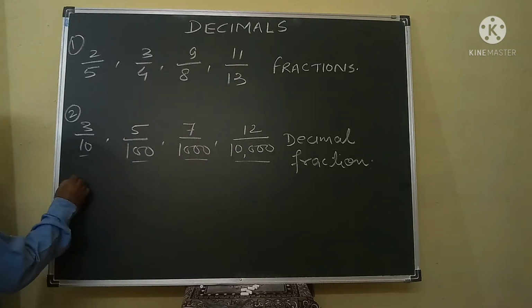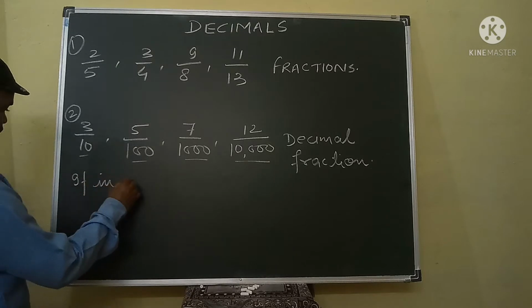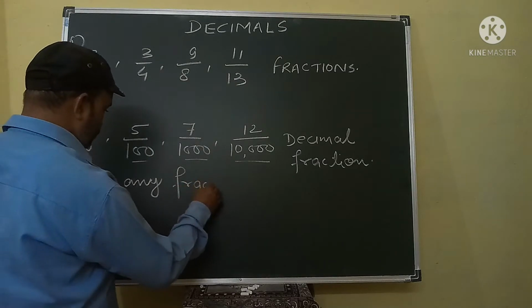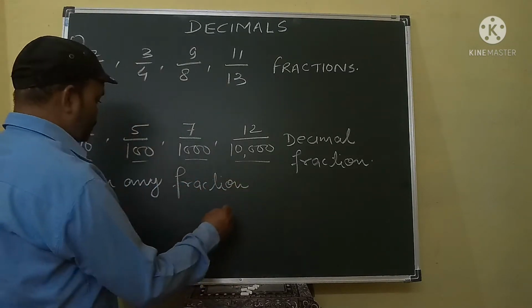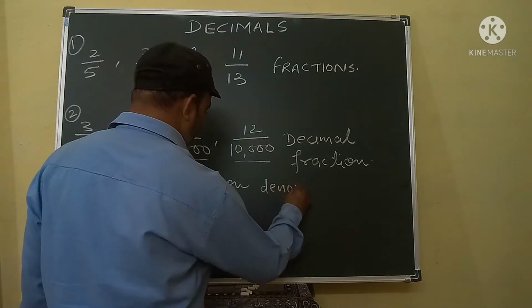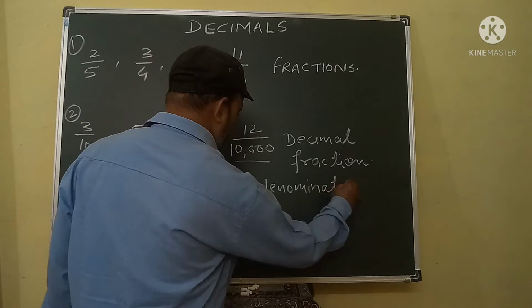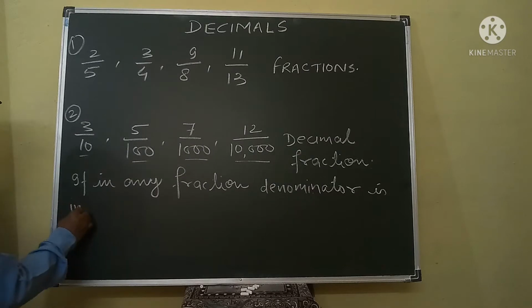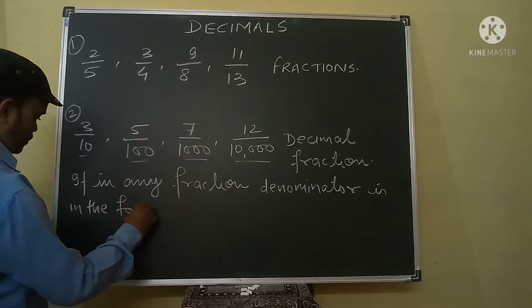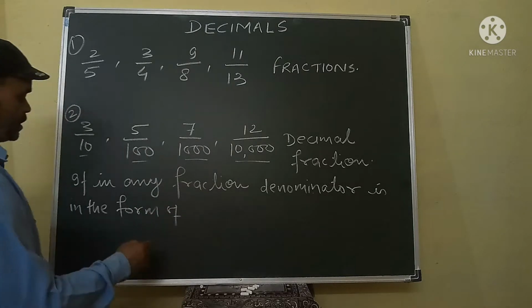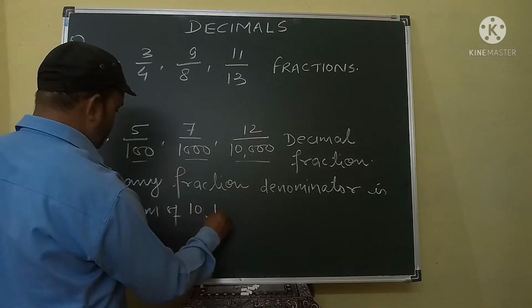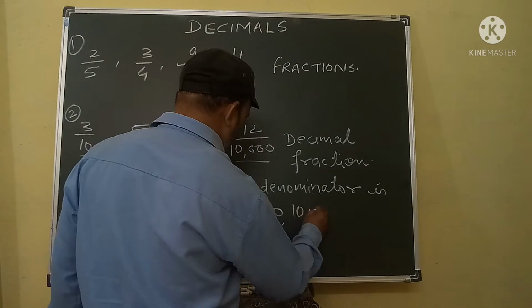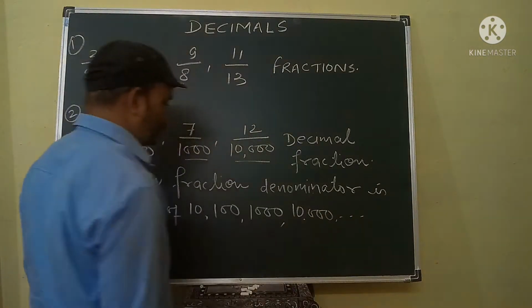That means if in any fraction denominator is in the form of 10, 100, 1000, 10,000 and so on,